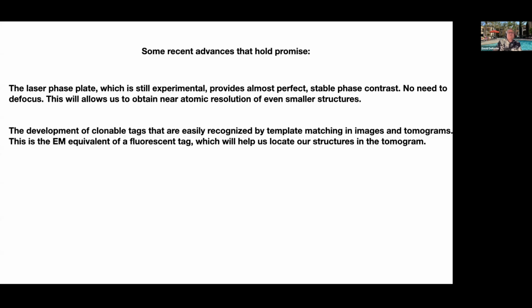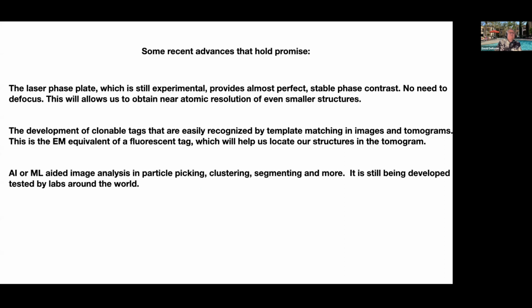Another is the development of clonable tags that are easily recognized by template matching in images and tomograms. So this is the EM equivalent to a fluorescent tag. It'll help you locate structures in the tomogram and be able to segment them. This is still in development, so we're hoping that that will pan out well. And finally,